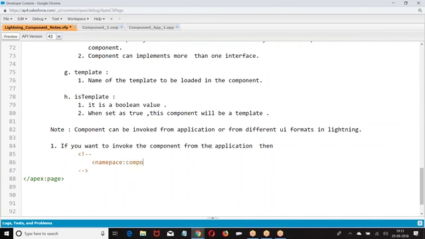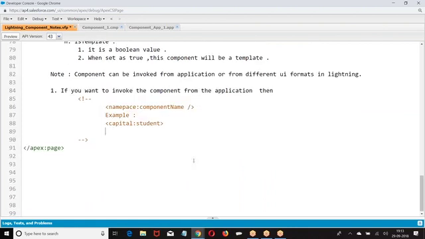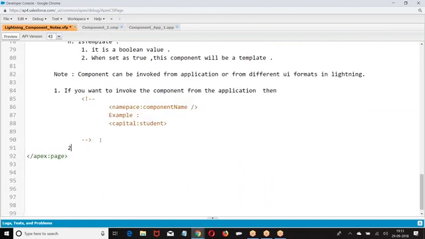Namespace colon component. If there is no namespace, we have to invoke it using the default namespace.